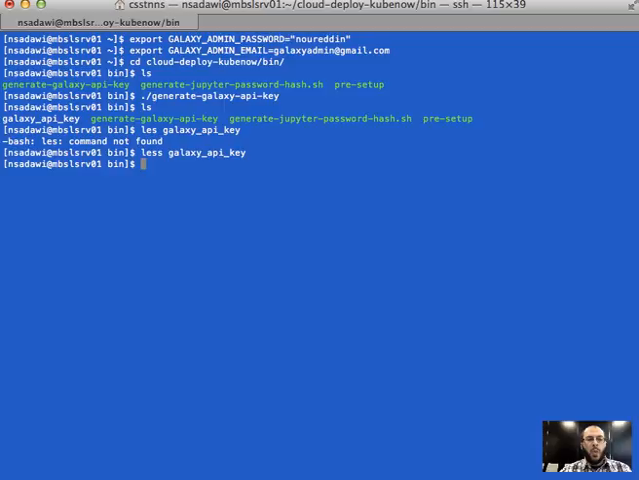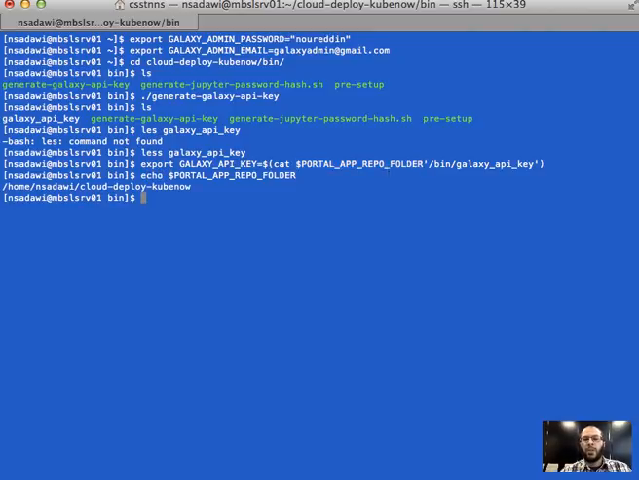So what we're going to do here is create another environment variable to point to this file. As you can see, I say export Galaxy API key equals cat, and then I use this portal app repo folder, the environment variable that I created before, which points to this cloud deploy KubeNow folder. If I just show you the contents of this environment variable, it points to the cloud deploy KubeNow, and then we say just cat the contents of the Galaxy API key file and save that in this environment variable, right? So if I echo that,